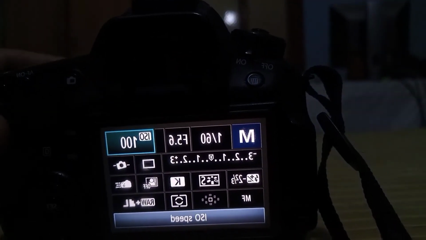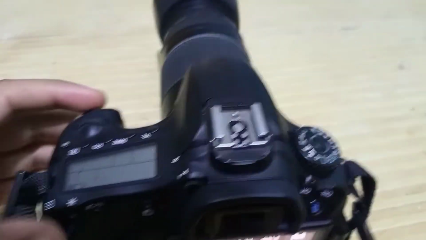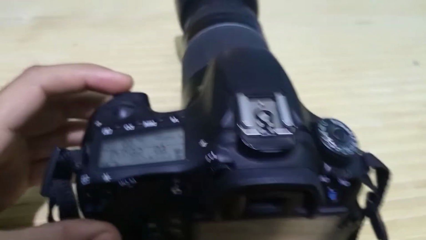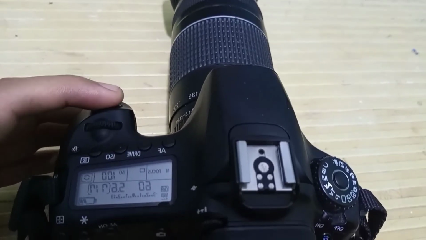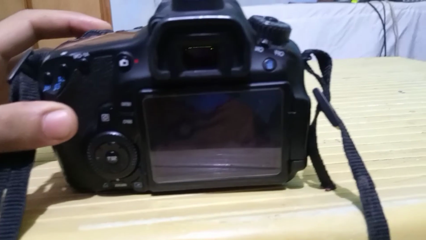So here we click a picture. This is our shutter button where we click a picture, this button, and this is our image.